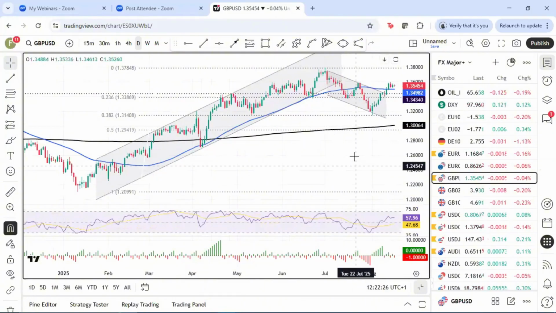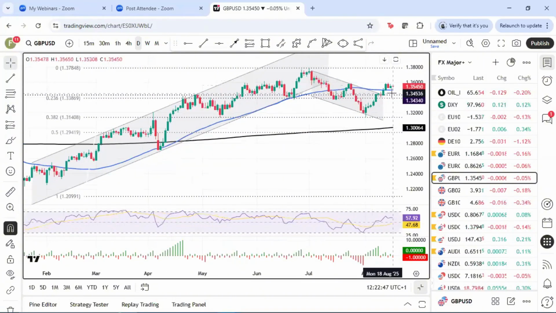So cable is doing relatively well, with consecutive days of gains you can see there, and it had this mini descending bear channel, but we've broken out of that, broken above the 50-day moving average, that blue line, which has been support, although it was broken, of course. So possibly watch out for that as initial support. It looks like a potential bullish flag before a break higher.